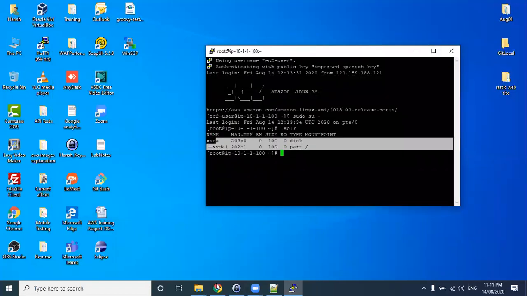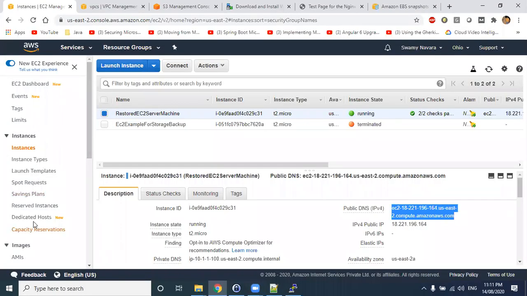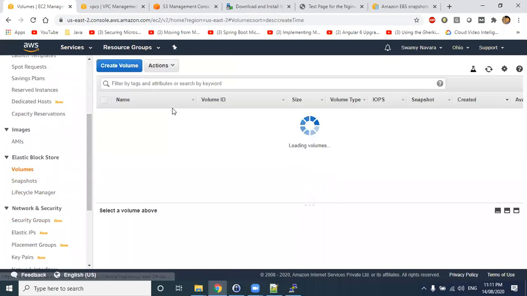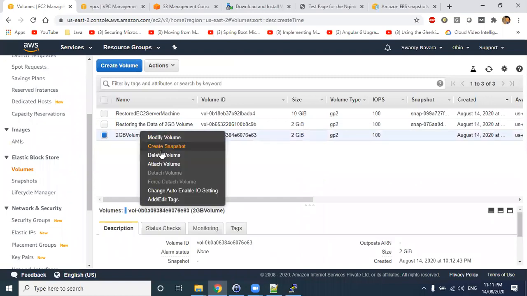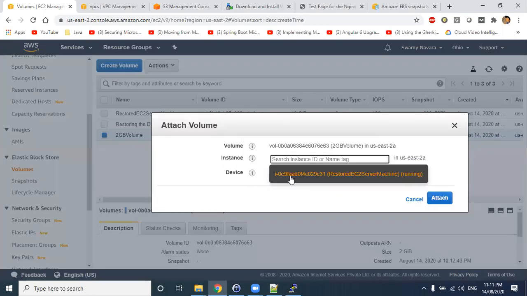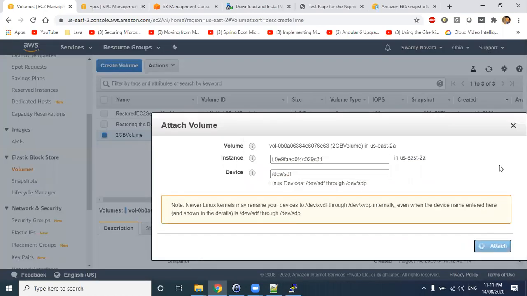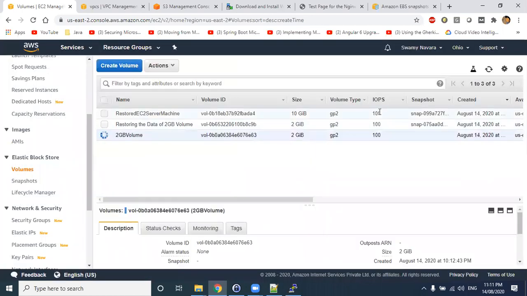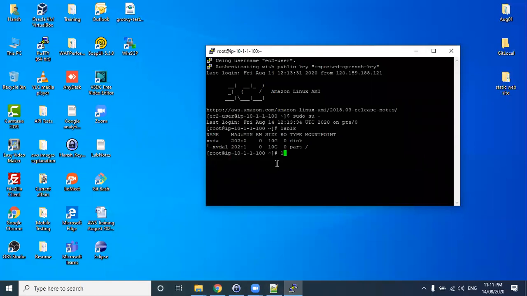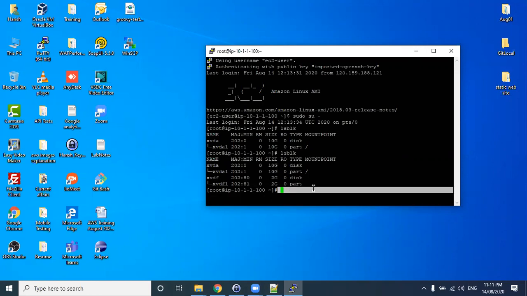So let us attach this 2 GB volume. Partition is already done here, so we just need to mount this to our data.